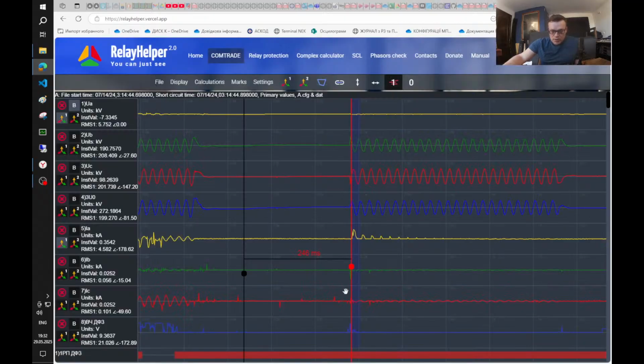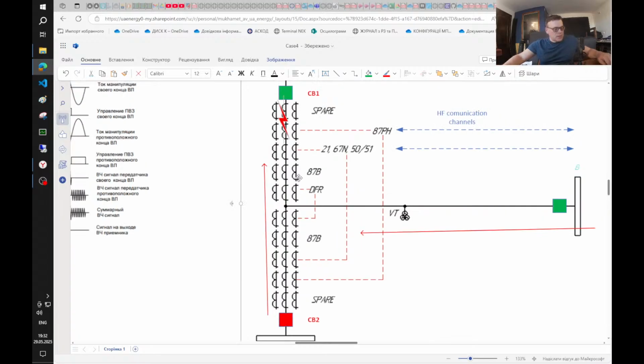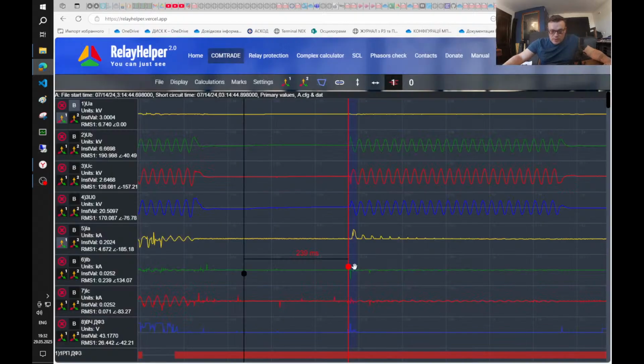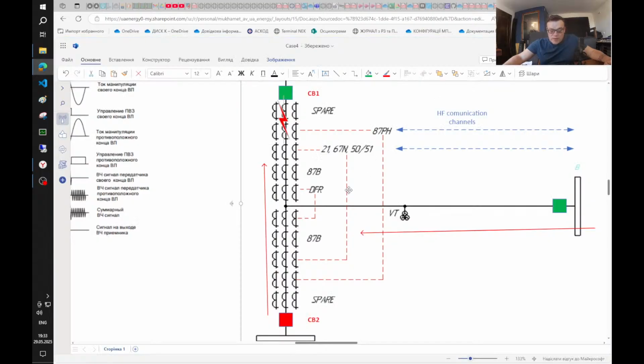So we are talking about this moment, and it happened because line protection tripped with R. So this circuit breaker switched on fault, but as we can see, we have a very strange waveform of phase A current, and this strange waveform because we also in that case see the difference between these